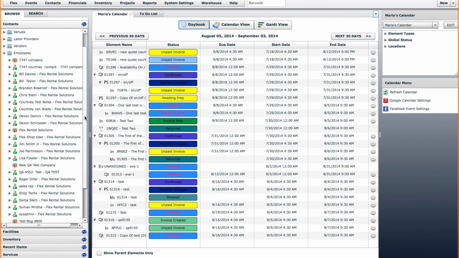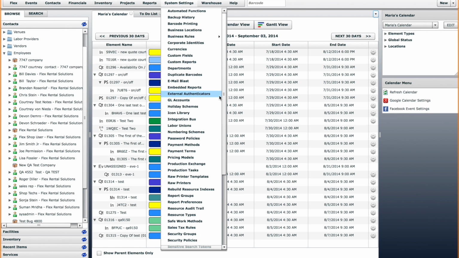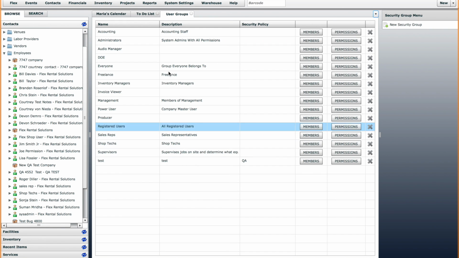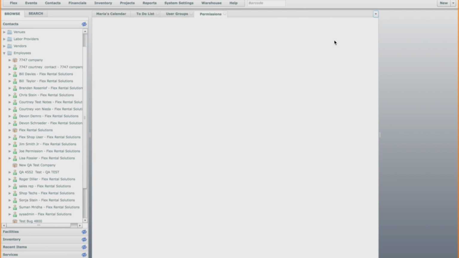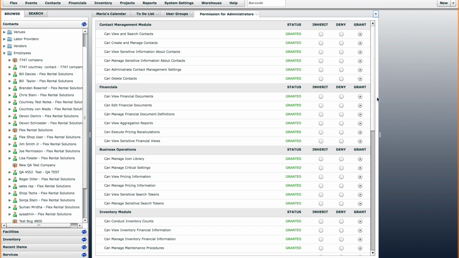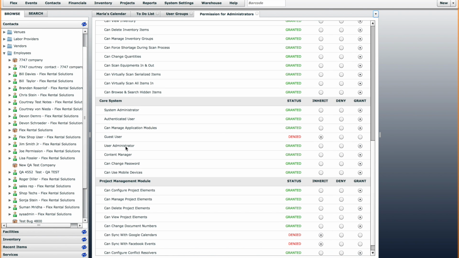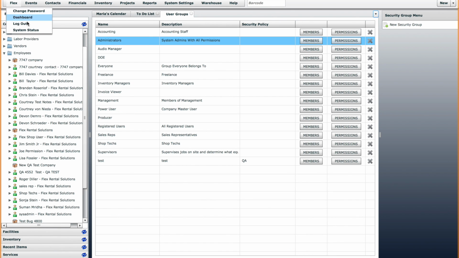So this is tied to a permission. If we go to our security groups and we look at the administrator's permissions, the permission is called User Administrator. And by default, the only security group that this is enabled for is the administrators group. So if you have User Administrator enabled, then that means you'll be able to see the